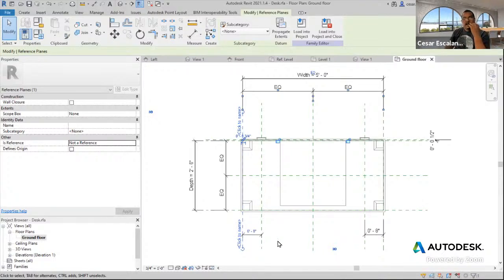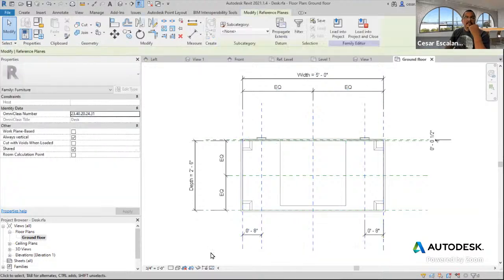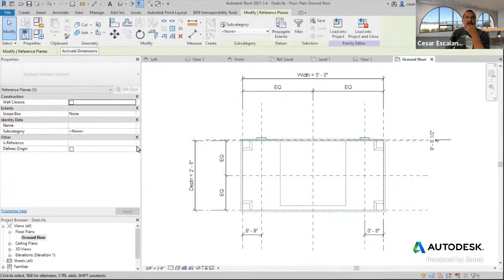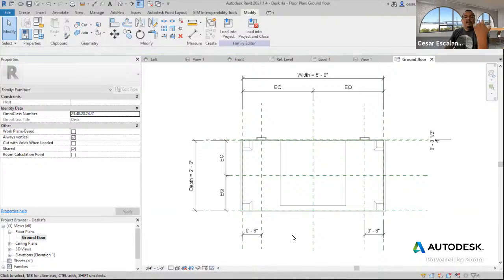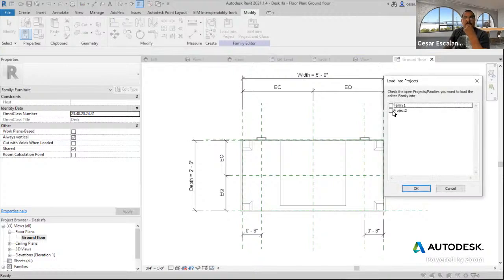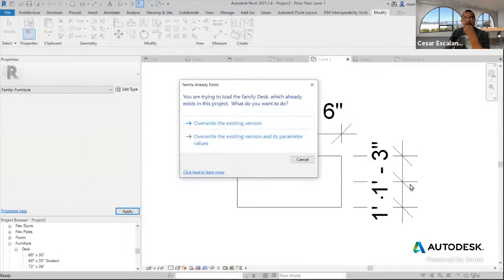So I'm just going to do this example. I'm going to select all these four, and I'm going to declare them as not references. And they have a purpose for the family, but they are not going to define a snappable surface. So I'm going to load this into the project, and notice how